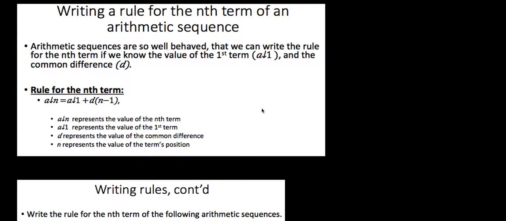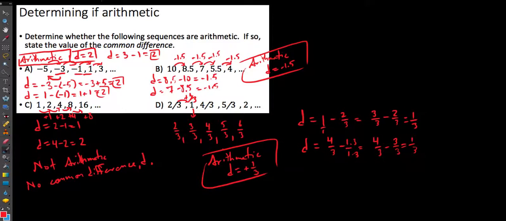Okay guys, in our previous video we looked at the definition of an arithmetic sequence, and that is to say that these are sequences that from term to term either increase or decrease by a constant amount. That constant amount we refer to as the common difference, or D. So in this video what we're going to look at is